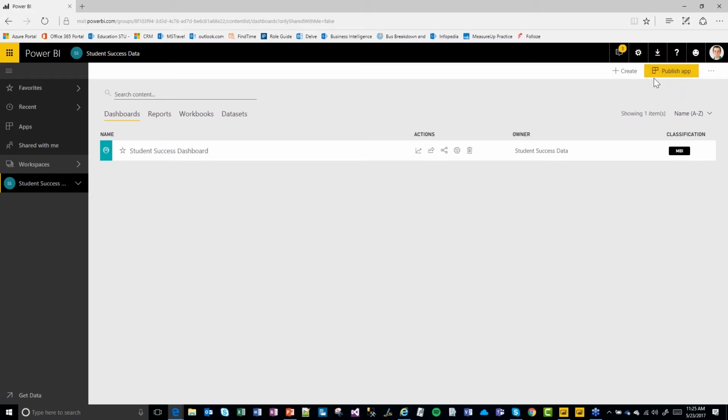what I would do here is click Publish App, and that would take me to that app screen again, and then I would click Update the app, and very similar to what you did with the content packs, that will allow you to roll out those updates. The app workspace sort of becomes a staging environment here for my Power BI content, and then once I'm ready to update my Power BI content, I can click Publish App and we'll be off to the races again. Okay, back to the slides.